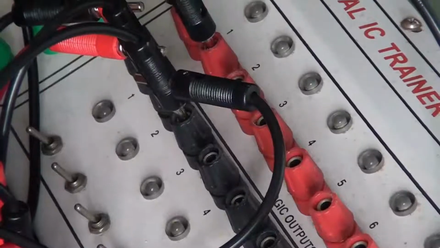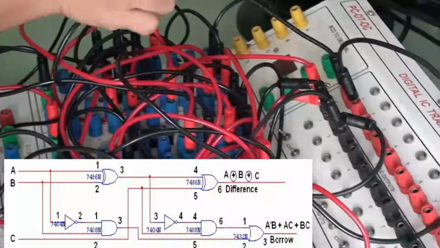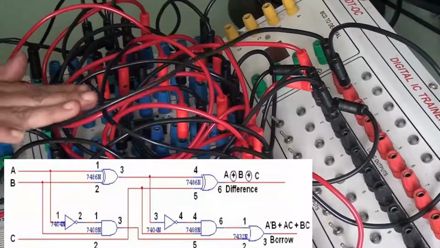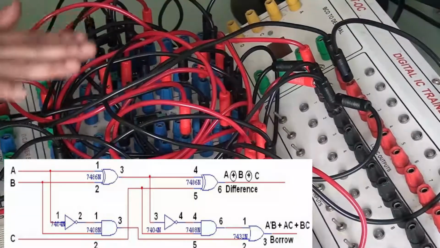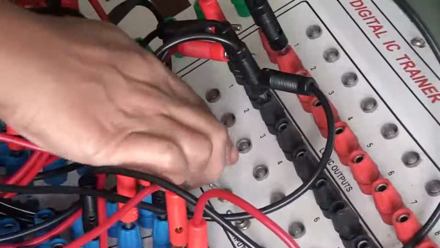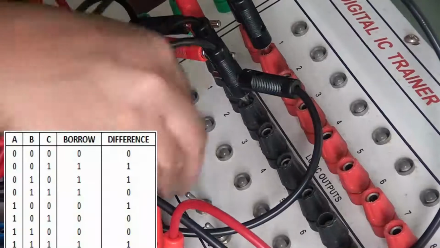Here we have a logic circuit of full subtractor realized. So you are aware it reads 3 inputs A B C and it produces 2 outputs, difference and a borrow. So the connections are made in a similar way we did earlier logic circuits. So we will directly jump to verify the truth table. So you can see when all the 3 inputs are 0, difference is 0 and borrow is 0.